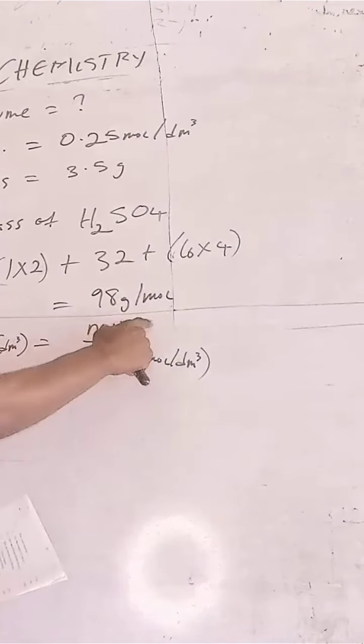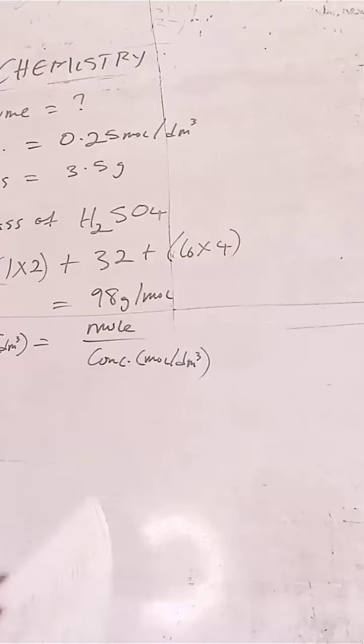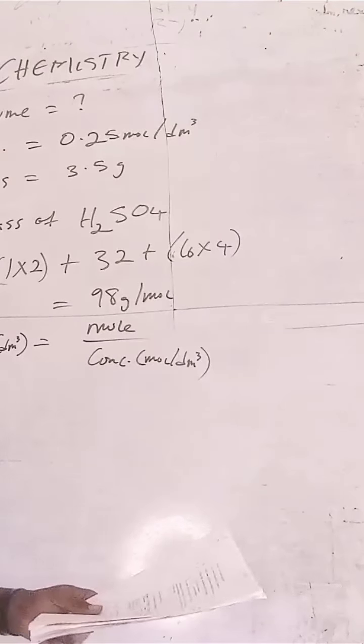We get the volume, number of mole divided by concentration in mole per dm³. But there's a little problem here. We don't